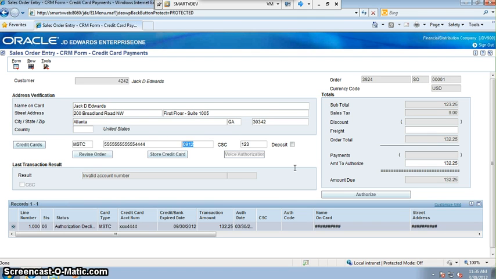And attempt the authorization again. Once I've corrected that card number and the authorization is then approved,